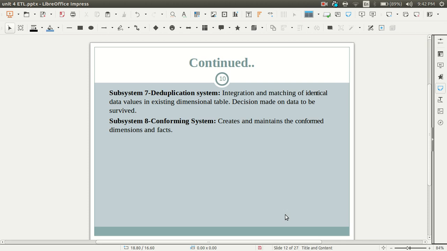Then the next subsystem is the conforming system. This subsystem creates and maintains the conformed dimensions as well as facts.